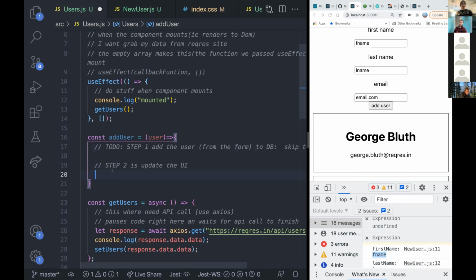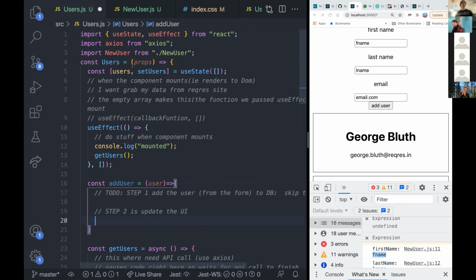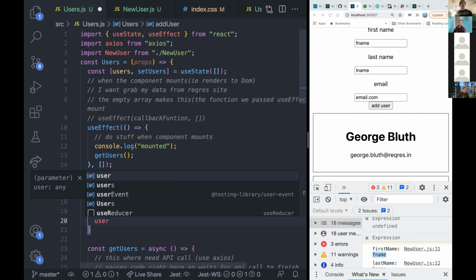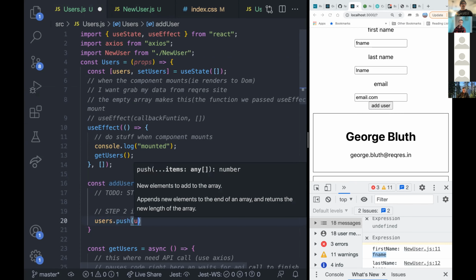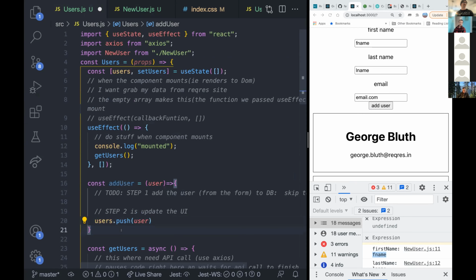So what I want to do here is kind of like yesterday. This is what you did yesterday in your homework. We added something to an array of users. And how did you do that? So we have our users array. We want to take that users array and add a user to it. I could do something like users.push(user). I mean, that's what I want to do, right? I want to add this user from my form to my array. Can't do it that way